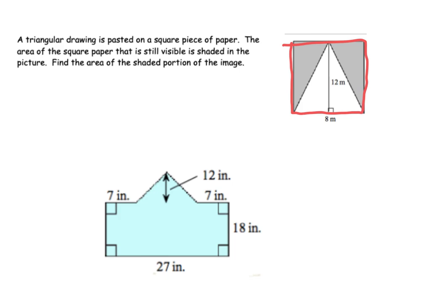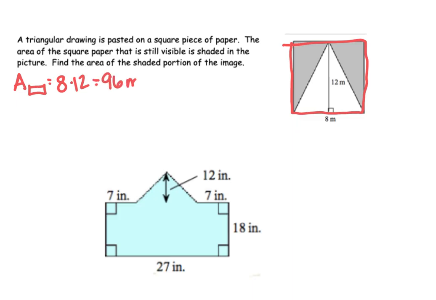So if we look for the area of the rectangle, I set that up by doing A, and then the little rectangle icon to show my formula for the rectangle. So this rectangle is 8. This side length is not labeled, but we can assume that it is the same as this height of the triangle. So this is an 8 by 12 rectangle. So we're just going to do 8 times 12 to give us a total area of